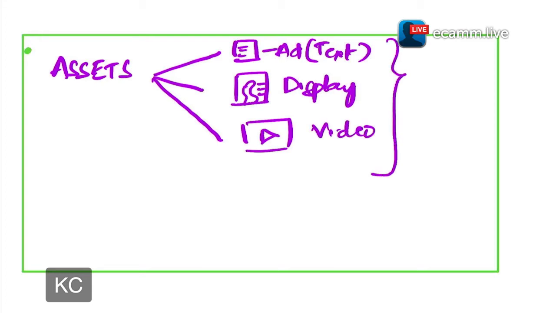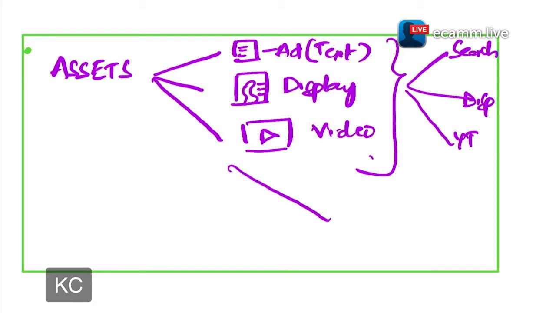Now, these assets get deployed across different networks. Text ads can go and perform in search and display. Display ads, which are image ads, can go ahead and perform in display. And then you have video ads, which can go ahead and perform in YouTube. And all these inventory or assets can go ahead and perform in platforms like Discovery Ads. Now, wouldn't you want to know which of these assets are performing better?